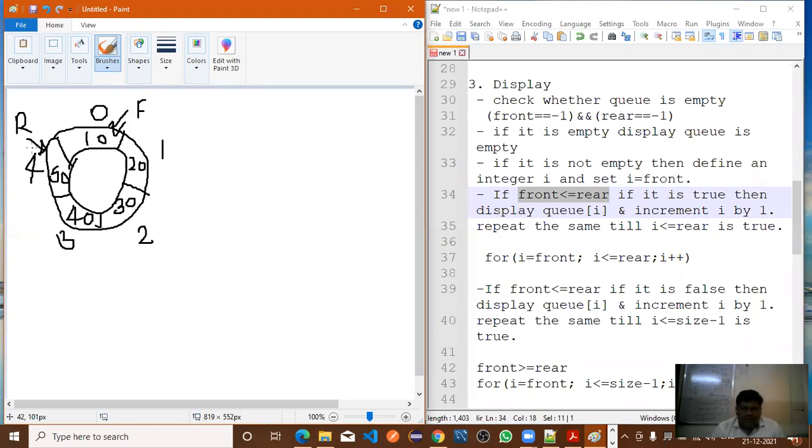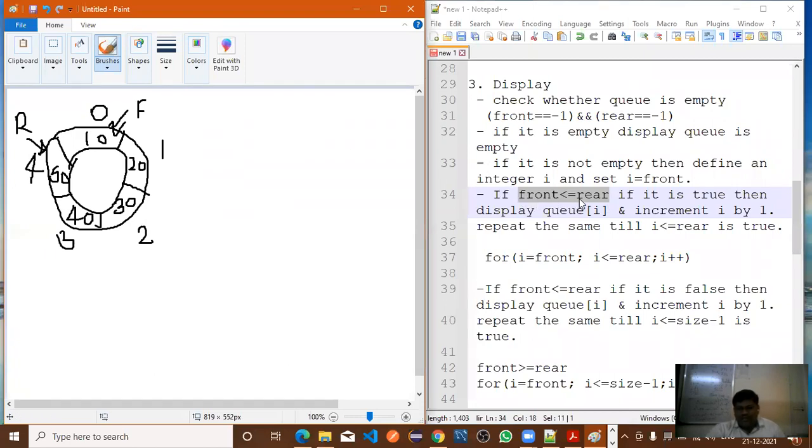Now what is the position of the rear pointer here? 4. Means here the queue is full or empty? The first condition: check whether the queue is empty. Is it true or false? False. Condition is false. Now the next condition: front less than or equal to rear.